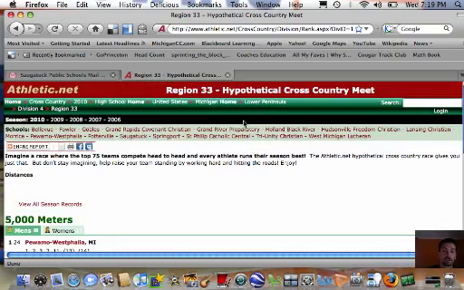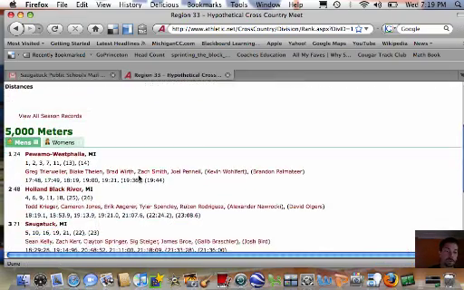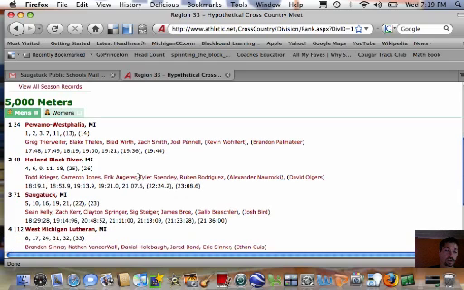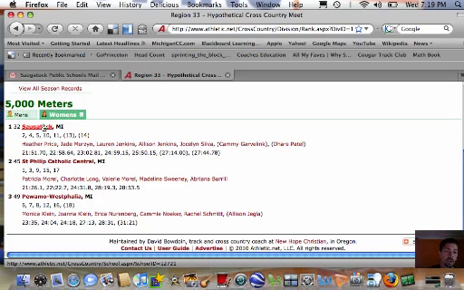We can click on hypothetical cross-country meet. Pewamo's first. Black River's looking 3rd right now, or 2nd, and we're looking 3rd. Top 3 qualify, remember. So right now we're looking okay. We'd like to get ahead of Black River and run with Pewamo. On the women's side, only 3 teams have really entered information, but the girls are looking pretty good for that. If we go back,